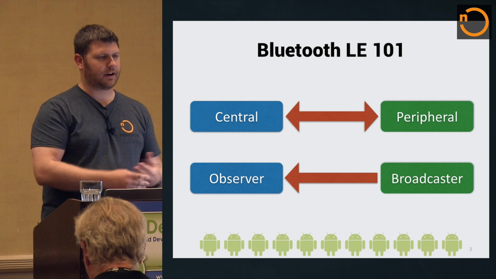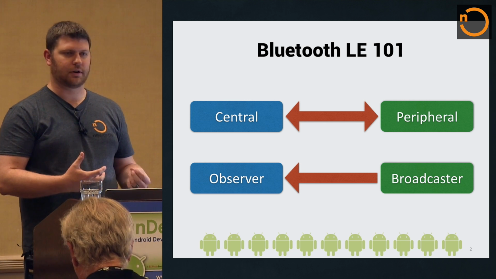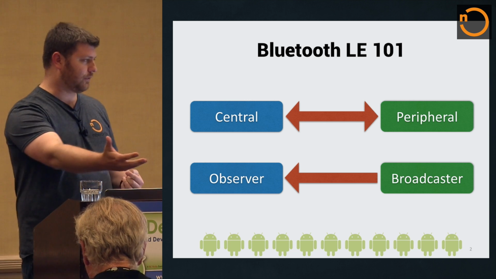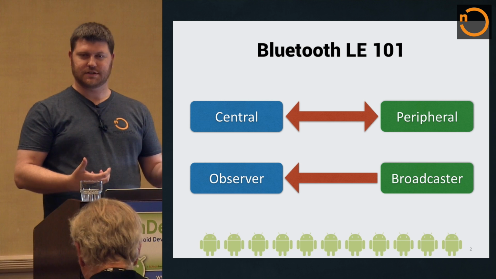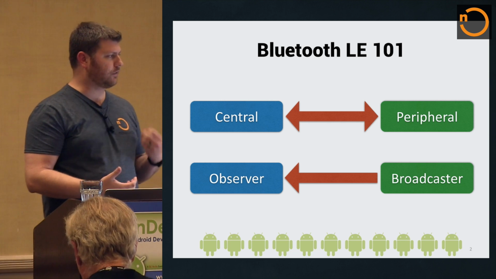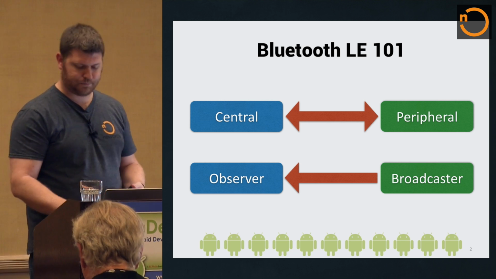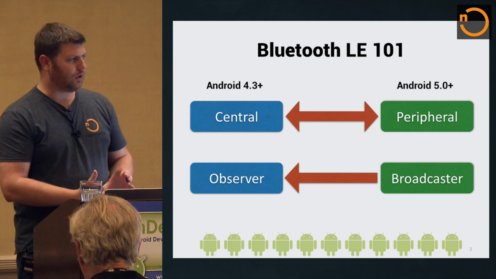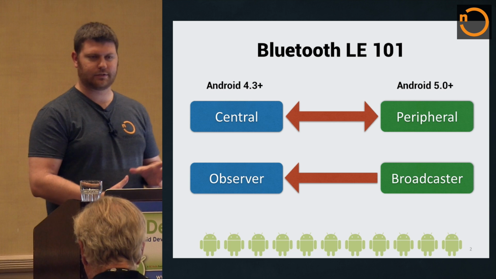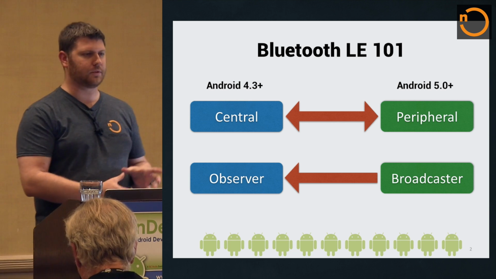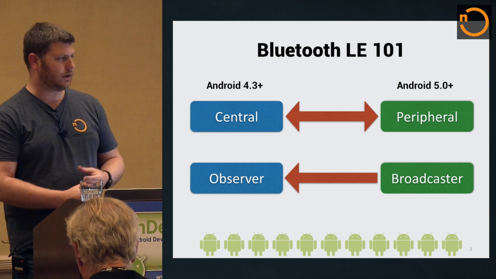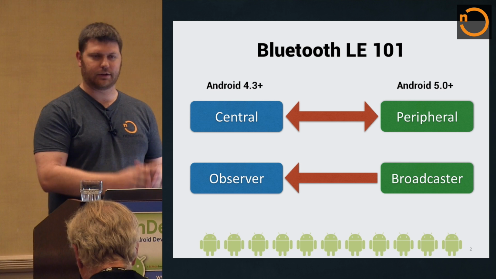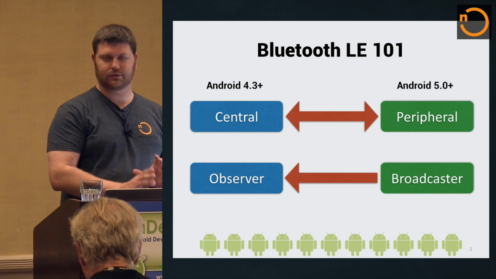And then on the opposite side of that, we have central devices, which are devices that scan and look for peripherals, and observers, which are really just listening for those broadcasts coming off of a beacon type device. Okay? Now, the central and observer role, we've had APIs to do that stuff on an Android device since the original Jelly Bean release in 4.3. Okay, so as soon as we had BLE APIs, those were the device roles that we were able to enact